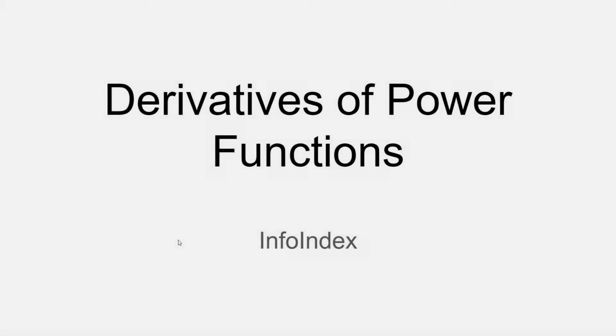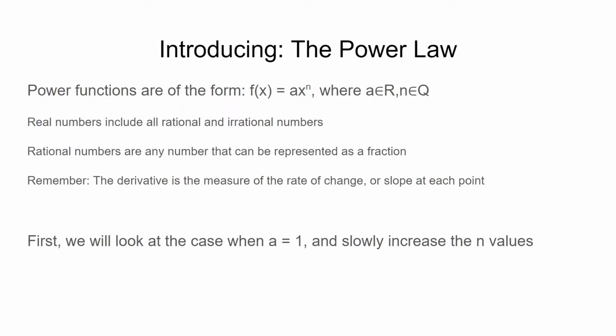In this video, I'll be going over the derivatives of power functions. So introducing the power law, power functions are of the form f of x equals ax to the power of n, where a belongs to the set of real numbers and n belongs to the set of rational numbers. Real numbers include all rational and irrational numbers, and rational numbers are any number that can be represented as a fraction. And one thing to remember is that the derivative is the measure of the rate of change, or slope